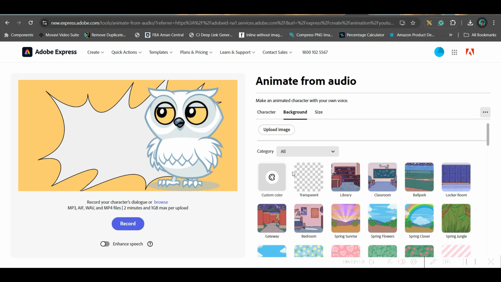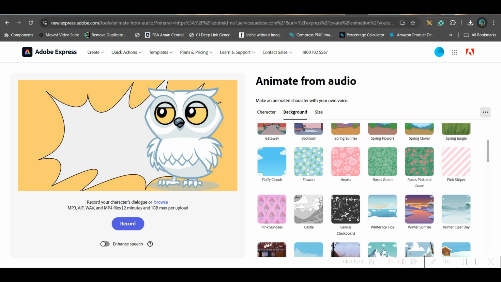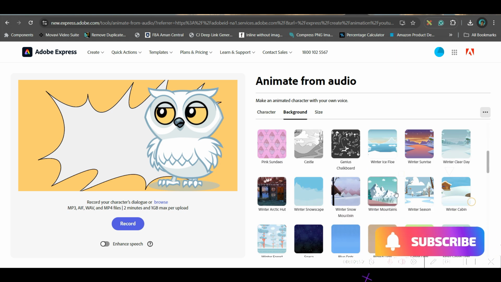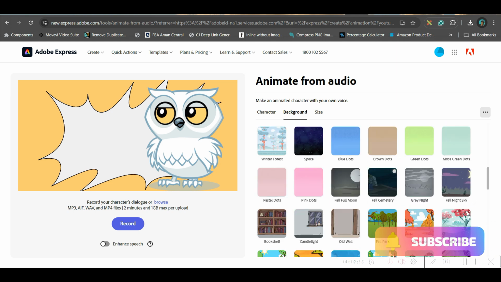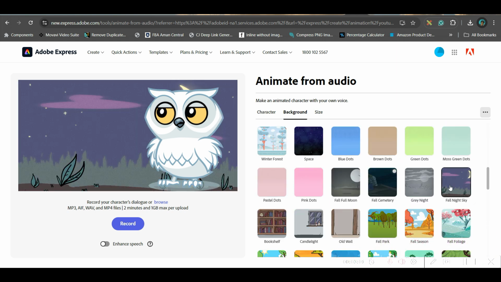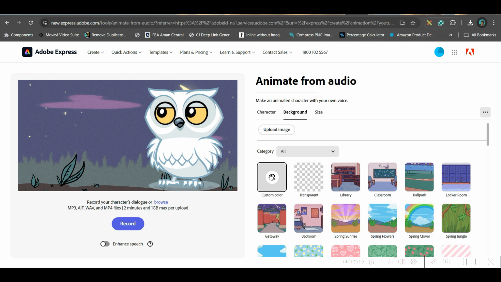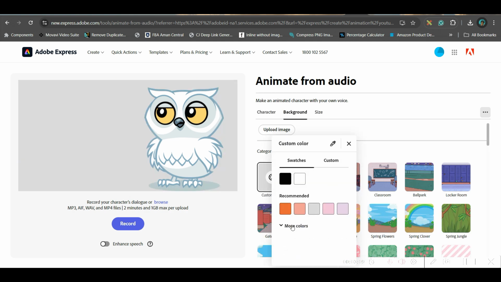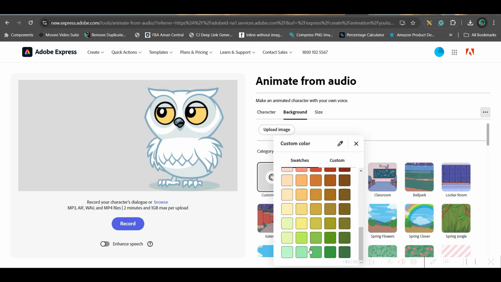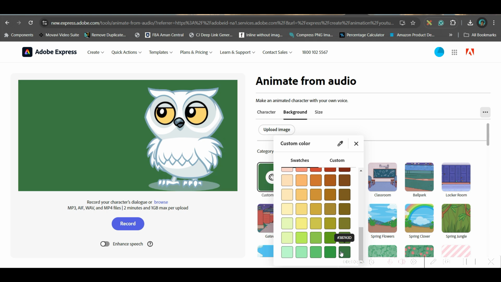Now go to background. Here 2 options are there. Either you may choose a particular kind of background which you're looking for. If you find that, you may choose that. Let's suppose I'm choosing this night background. You may choose this sort of a background. Otherwise, what you can do is you can go to this custom color option and take a green screen only, and later you may get rid of this green color. Okay. Once it is done,